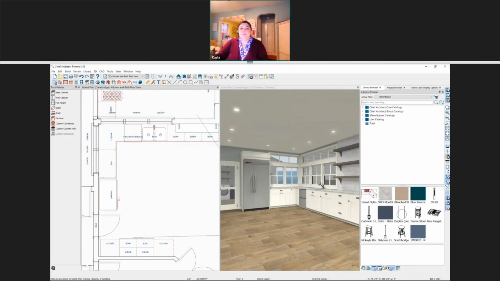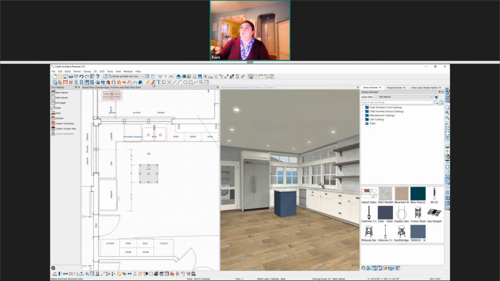All right, so to begin with, what I like to do is just place one base cabinet, get that base cabinet dimensioned before I place all of the others. This I find to be the easiest way for us to get the walkway set before I add in the rest of the cabinets. But I'll show you another way that we can dimension a full island a little later. So I'm going to take this one cabinet that I've placed, I'm going to rotate it around. So I have that rotate handle so the door is facing the other direction.